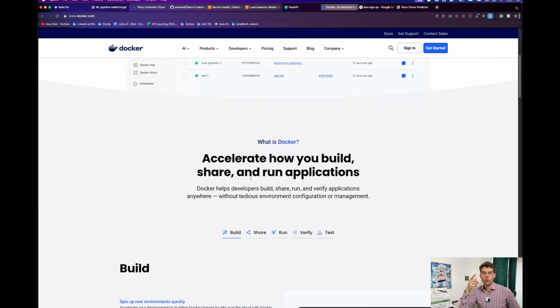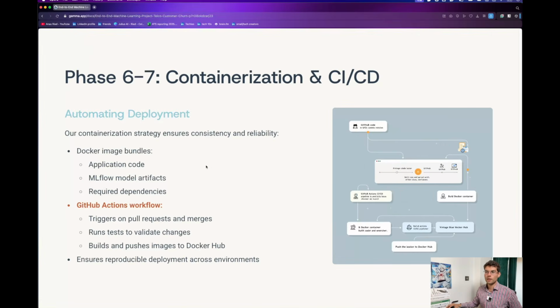And this kind of talk is because they don't know how to use Docker. And when you learn how to use Docker, you stop talking like that, because you put everything in a Docker image and you can share it with anyone and it will work from anywhere. So the step here is the Docker image bundles the application code, the MLFlow model artifact, and all the required